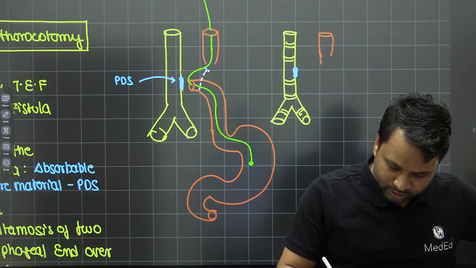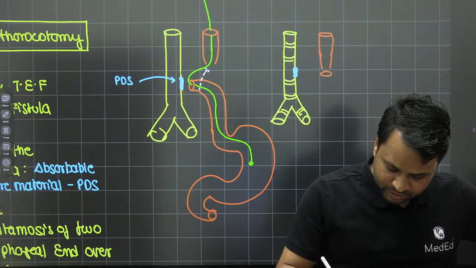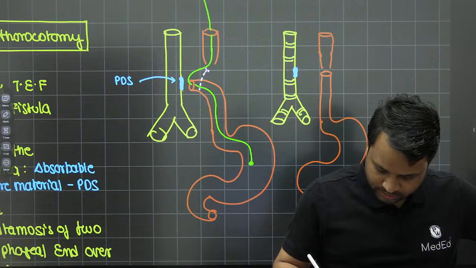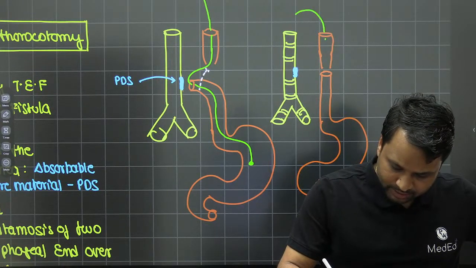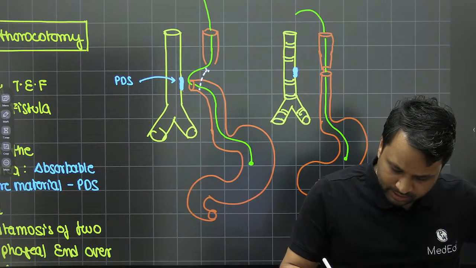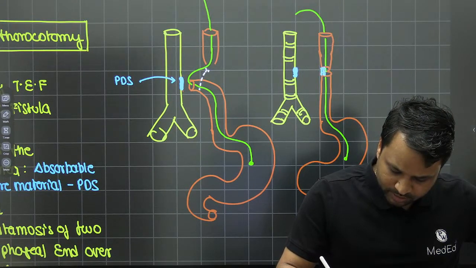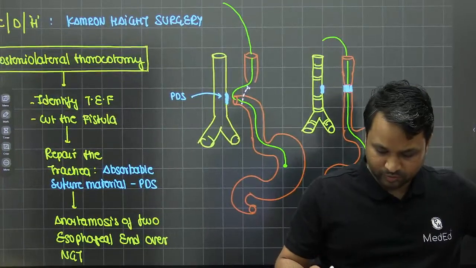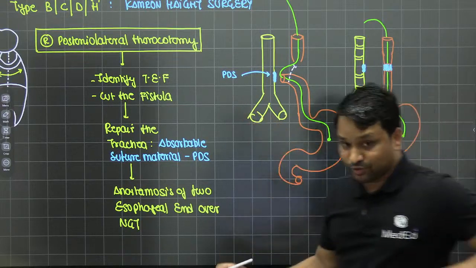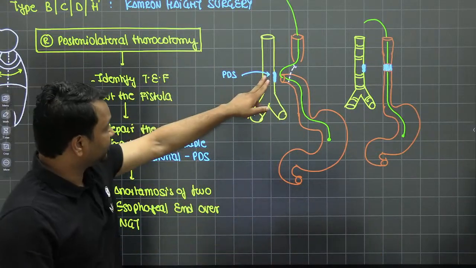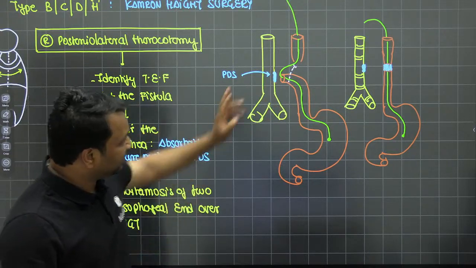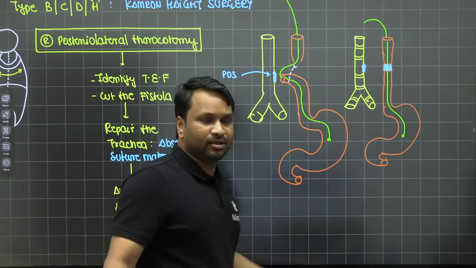You see this part is going to be stretched down. This is the fistulous segment that we have mobilized, and now it is going to go with the stomach. I have positioned my nasogastric tube, which is here, and now we are making an anastomosis. Once the anastomosis is done, which is to be here, this is now right. So this is how you do it. You identify the tracheo-esophageal fistula, which we did. We identified the tracheo-esophageal fistula. We cut the fistula. We repaired the trachea with the PDS material, and we anastomosed the esophagus, and bam, you're